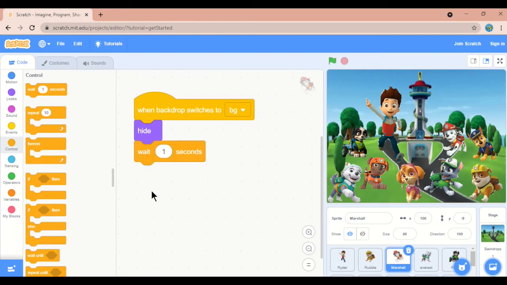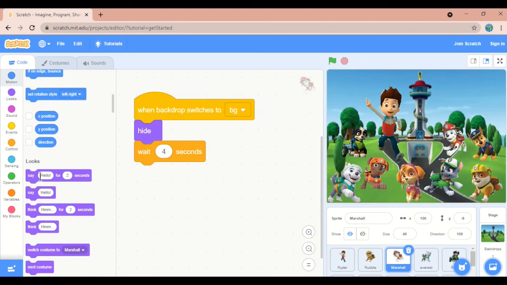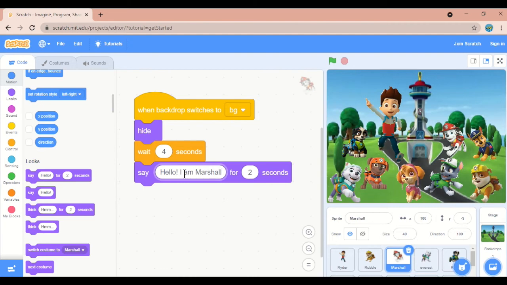How long should it wait? 2 seconds for Rider and 2 seconds for Rebel. So in total it should wait 4 seconds. After that it will say "Hello, I'm Marshall" for 2 seconds.